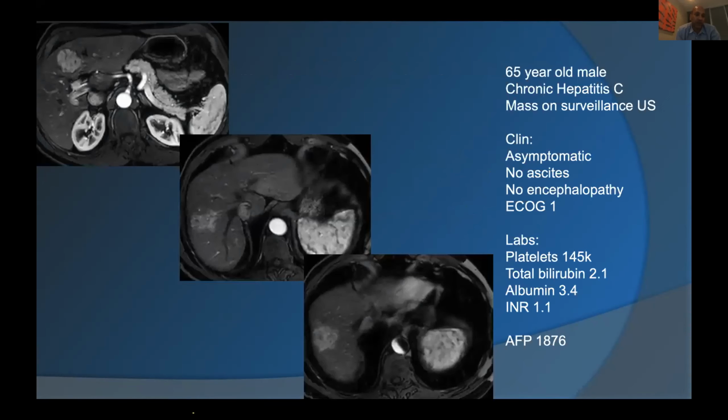So another example. So what we did was we took these single tumors. Now can we do this with multiple tumors? So this is a patient with 2 tumors. One in segment 4, you could see on the top left. And on the other 2 images, you can see this infiltrative, ugly-looking segment 8 tumor, which had vascular invasion. So this guy had a total bilirubin of 2.1. So he's Child-Pugh B. He has an AFP of 1900. So he's clearly not a candidate for surgical resection or thermal ablation in this case.